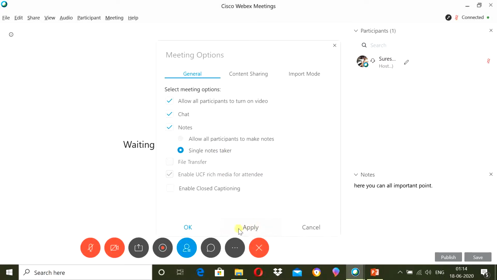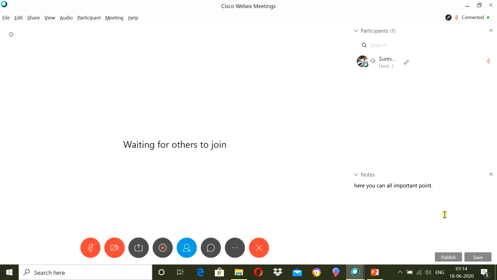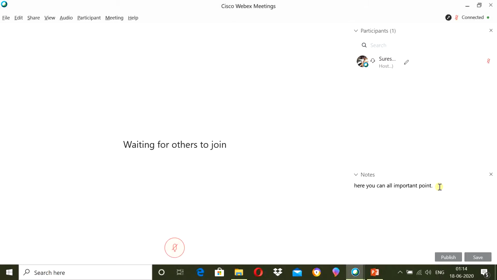Remember, the notes are visible to everyone. If you are allowing them to type the notes, the notes are available everywhere. Now during your online webinar, you can allow some particular person, or you can assign this duty to someone who can really make these notes, and that can be circulated later on to everyone.